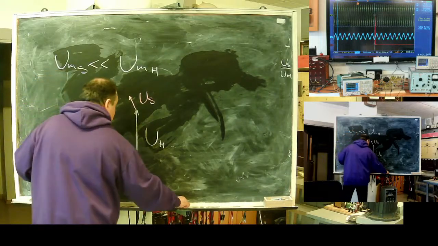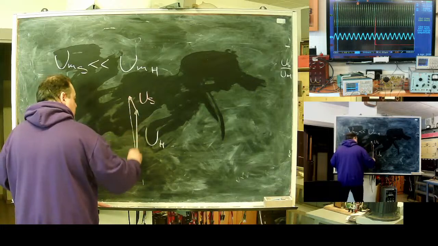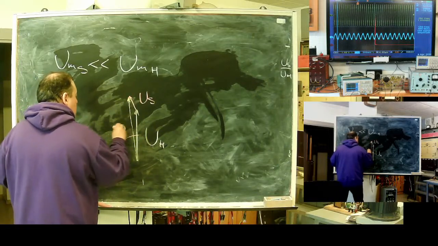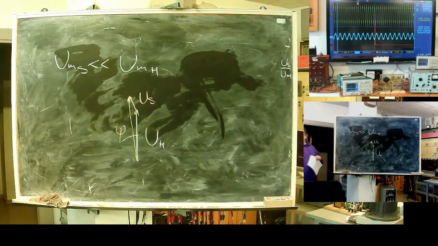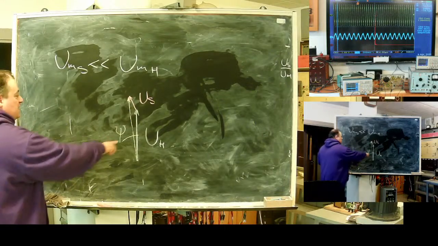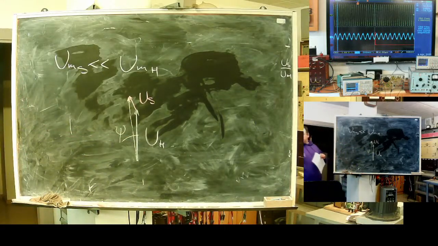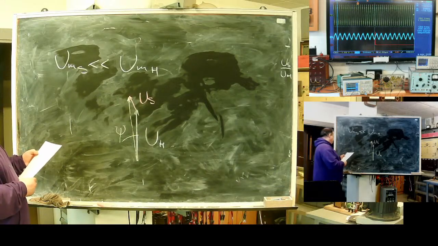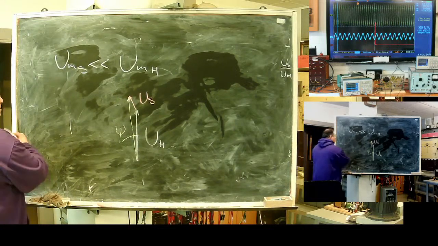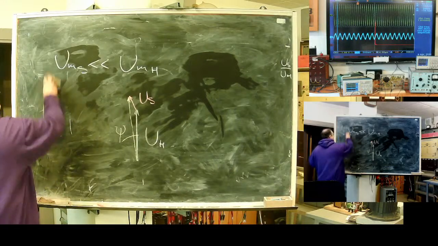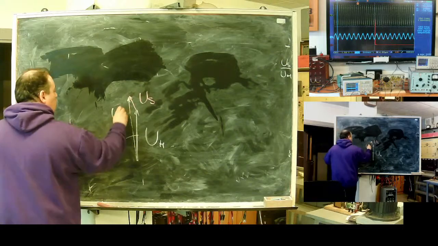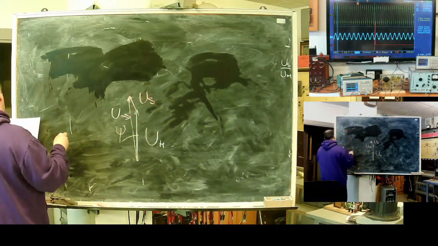Meaning the resulting vector will have a very small change in angle. It changes in amplitude, but has a very small angular shift. That means I can approximately write this yellow voltage as